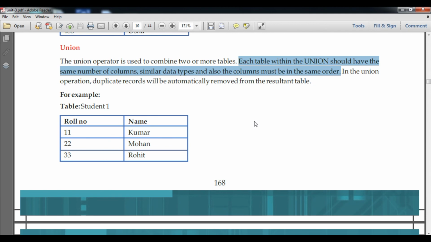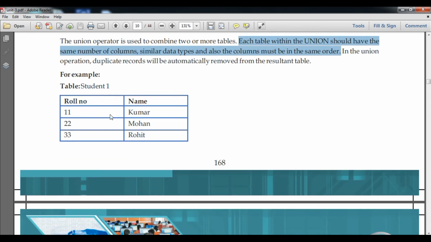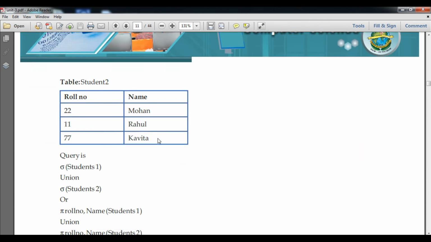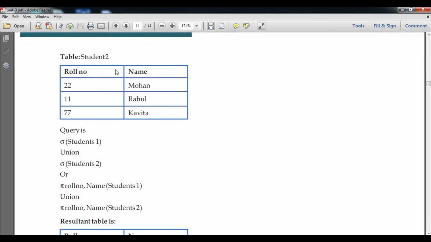Here there are two tables. The first is student 1, with roll numbers 11, 22, 33 and names Kumar, Mohan, Rohit. The next table, student 2, contains roll numbers 22, 11, 77 and names Mohan, Rahul, Kavita.